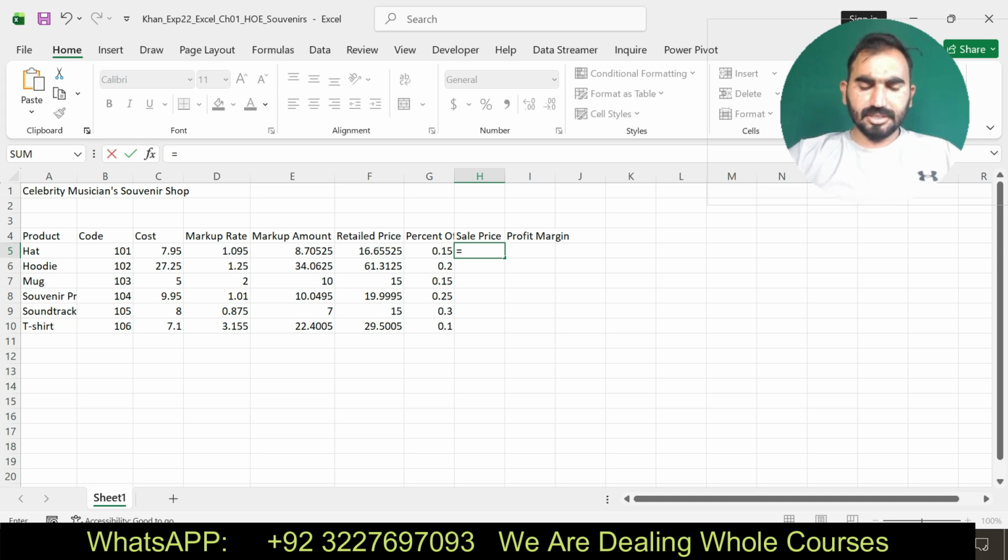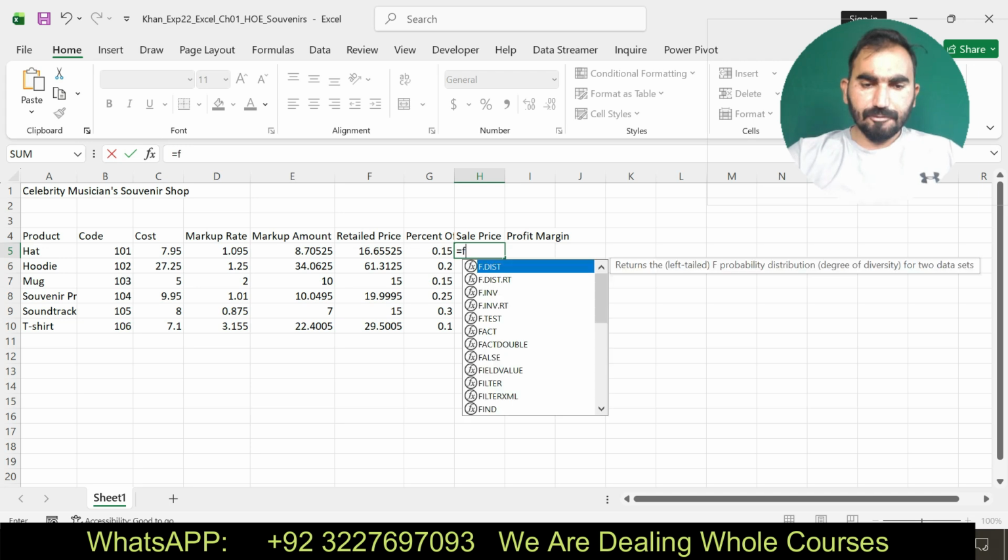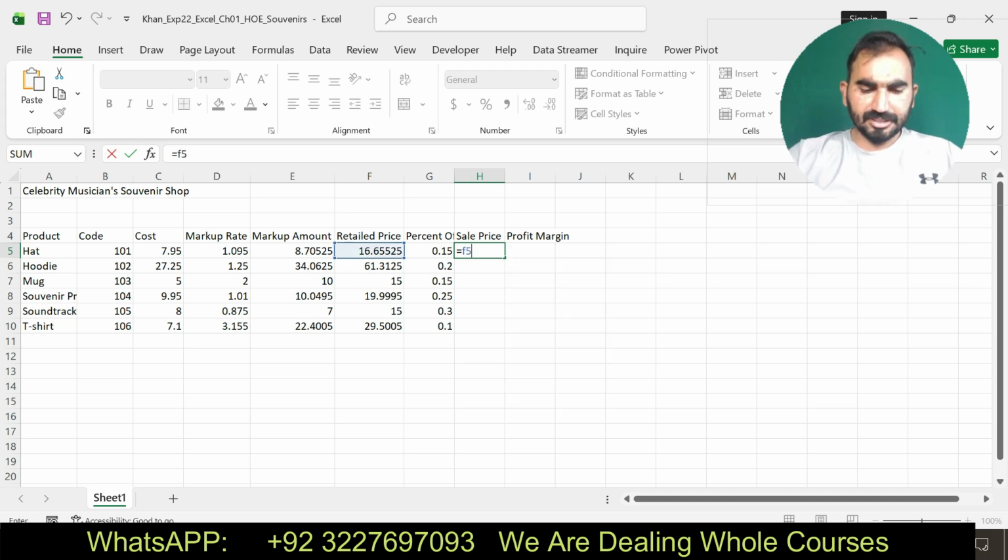Okay, I am going to do this one. Now I am going to insert a function in cell H5 according to the instruction. In cell H5, calculate the sale price: F5 multiplied by 1 minus G5.